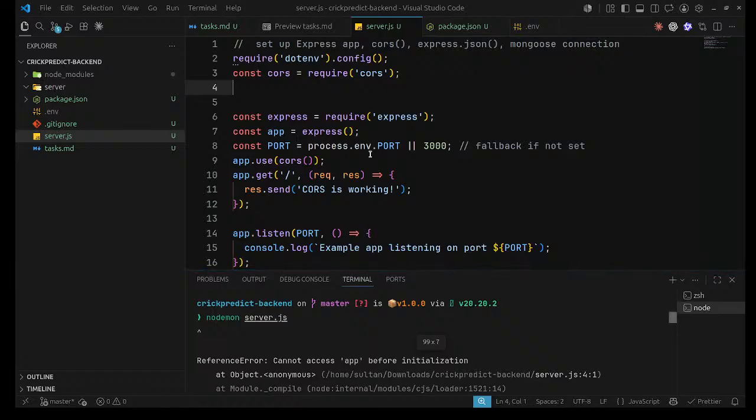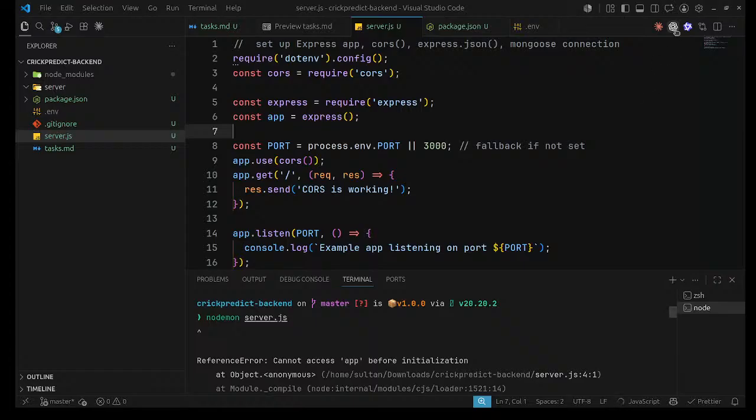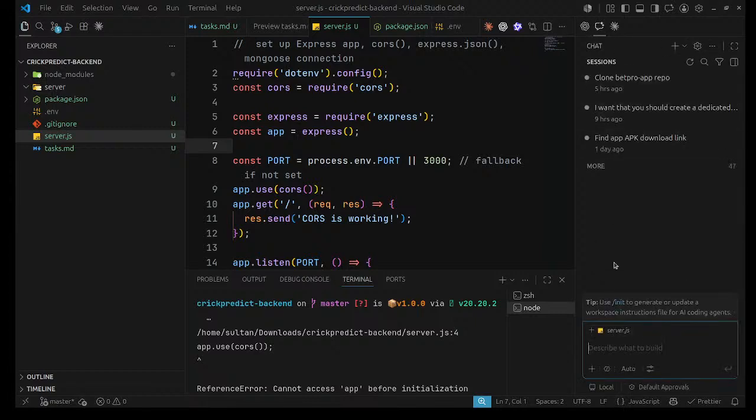Actually, we are creating the app at that point, and using it at that point. Let me look for a document for you. Can we use an agent? Can we use an agent?